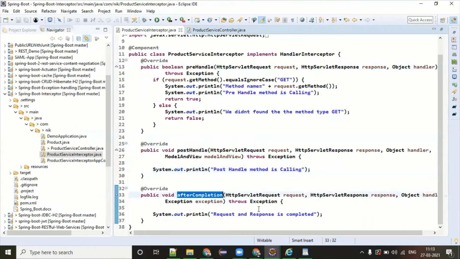And afterCompletion, when request and response both are completed, meaning the user got the response back, then also you can have some sort of cleanup mechanism. Let's take an e-commerce site. The moment after a successful purchase of your product, you receive a payment, you want to update a particular finance table for the total transaction amount, how many transactions you made for today.